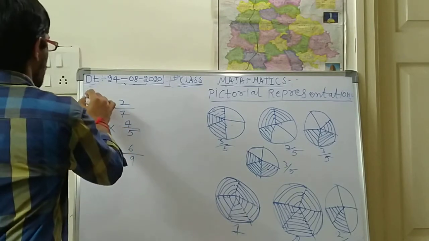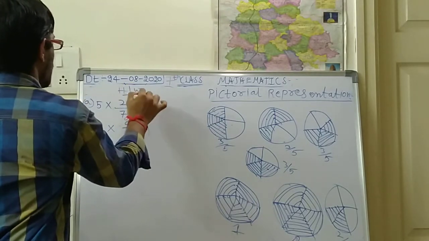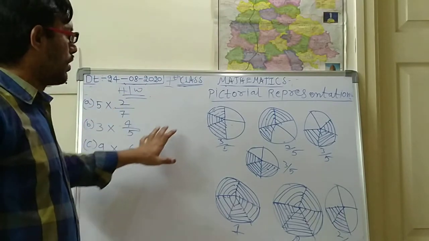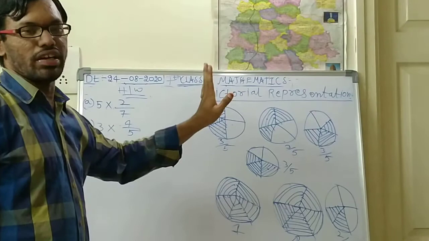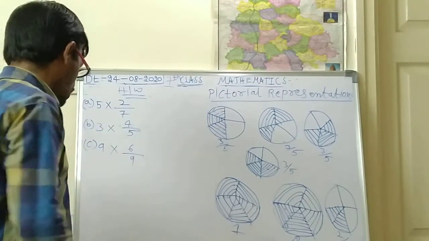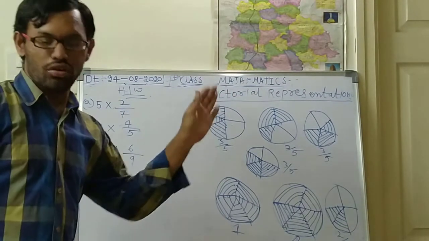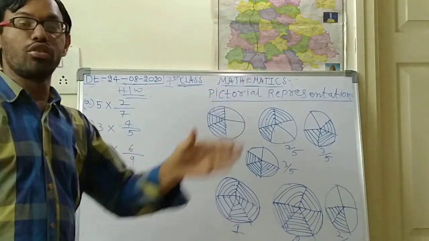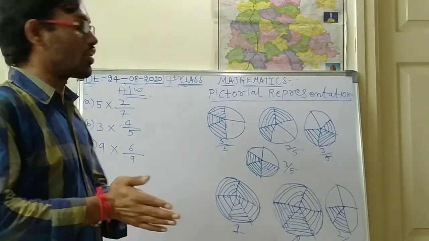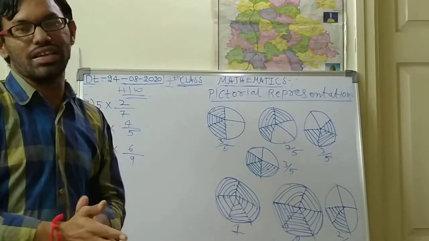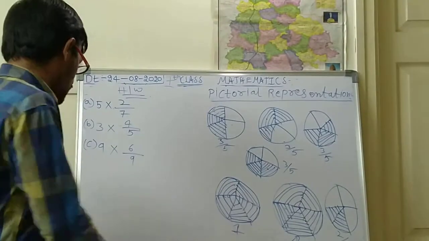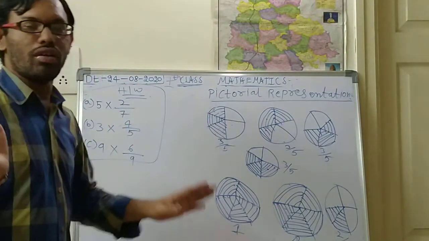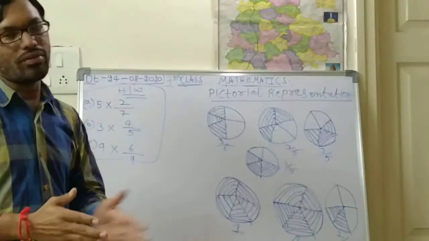Okay, so these are the 3 homework problems, children, regarding the multiplication of fractions, with the help of pictorial representation. Like this you will do, children. After this we should go with the direct multiplication with mixed fractions. How you should do it for mixed fractions, we shall do in the next class. Do these three problems very easily. If not understood, recall back once again to understand more clearly.